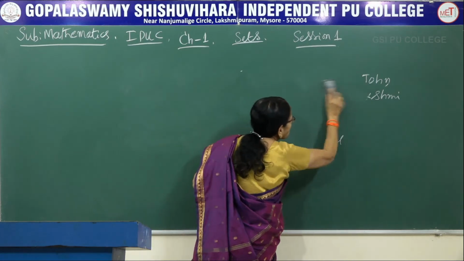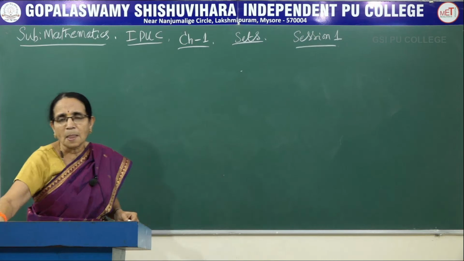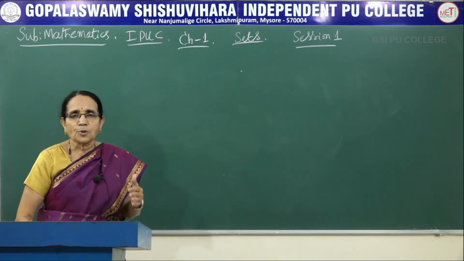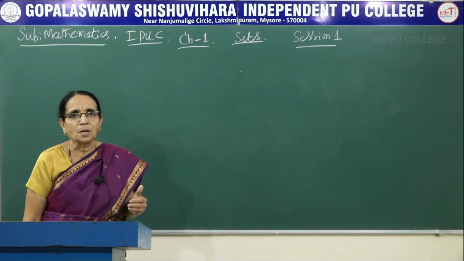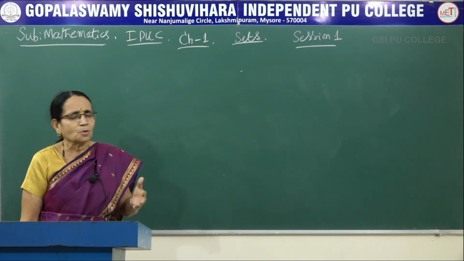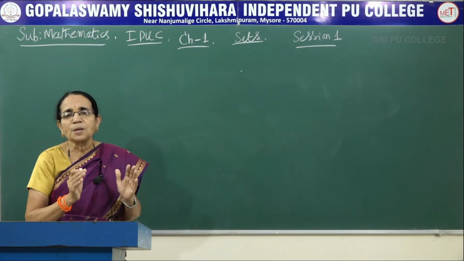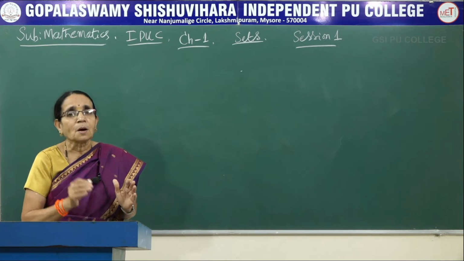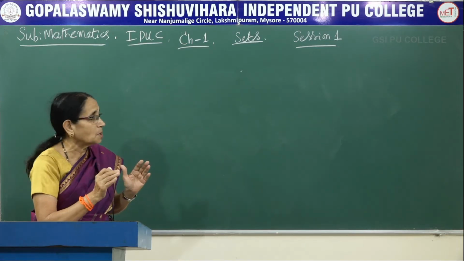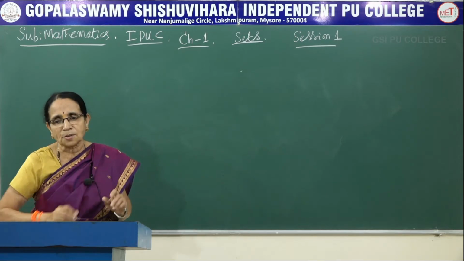For example, the collection of students of first year PUC taking PCMB combination, or PCMC combination, or EBAC combination. Whatever it may be, when I say the set of students having PCMB as an optional subject, it means all those who take PCMB come to that particular collection. So we can call it a set.